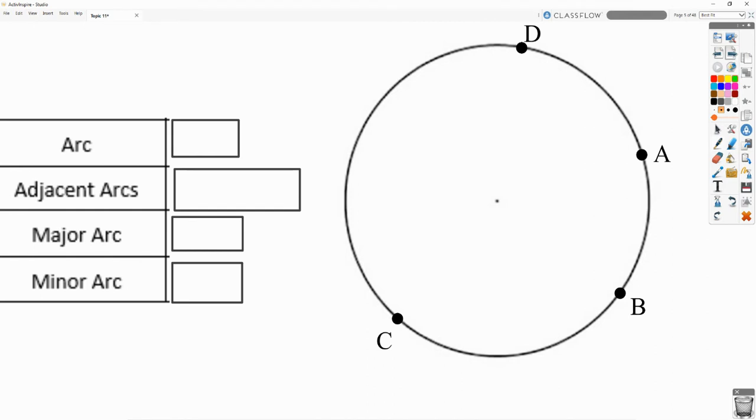We're going to draw some more. Okay, I want you to put points A, B, C, and D around the edge of the second circle, and try and arrange them pretty close to where they're set up on this picture, okay, because where they are placed is going to affect when we talk about major and minor arc. So when we talk about an arc,